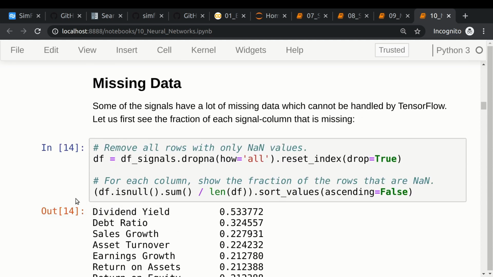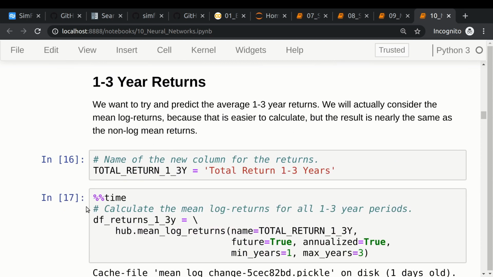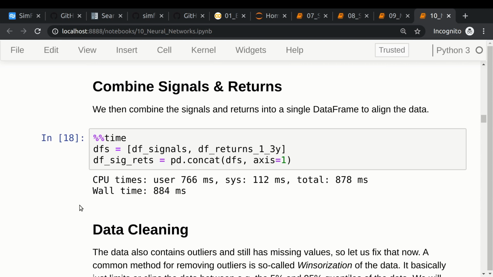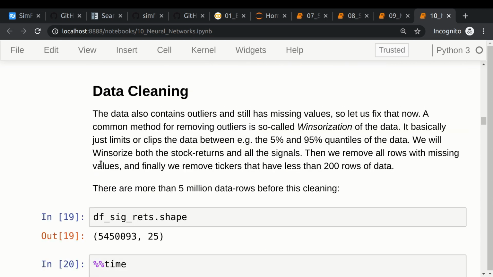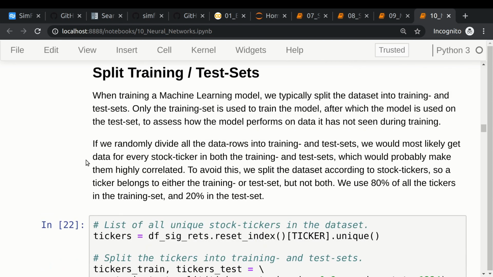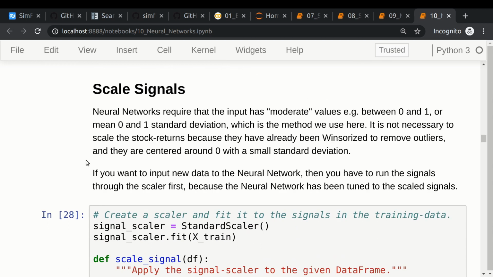Then we clean up the data a little. Again, we calculate the stock returns for 1 to 3 year investment periods. We combine the signals and the returns. We clean the data some more. We split into training and test sets. Then we have to scale the signals because the neural network works best if the data is in a fairly small range, say between 0 and 1, or it has a mean of 0 and a standard deviation of 1